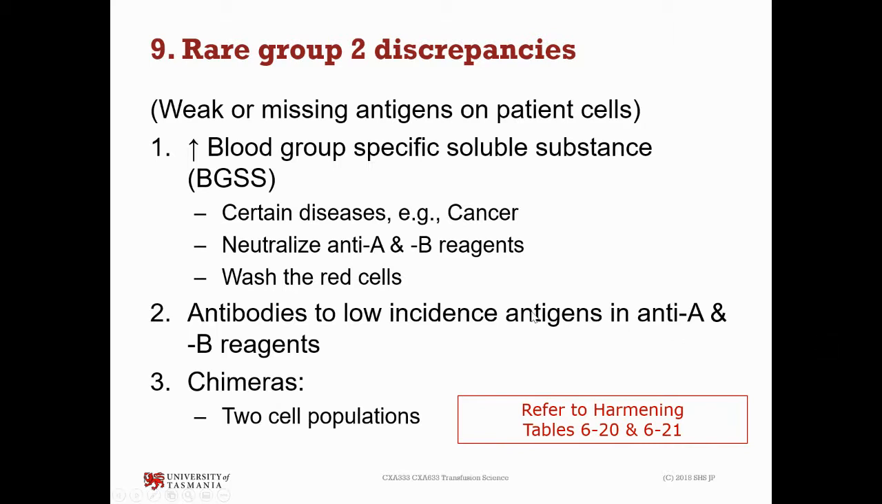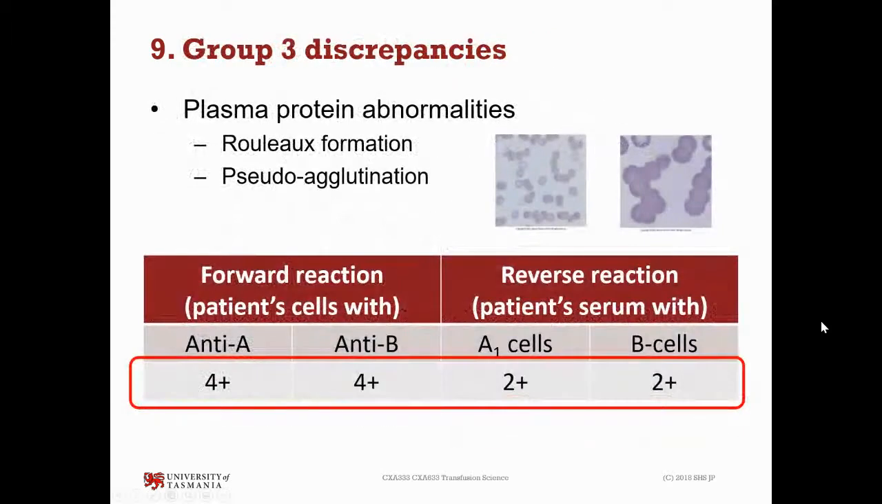And this is where you can get low incidence antigens that can actually react with the reagents, the anti-A and the anti-B reagents. Okay, so very quickly on to group 3 discrepancies, and these are where we have plasma protein